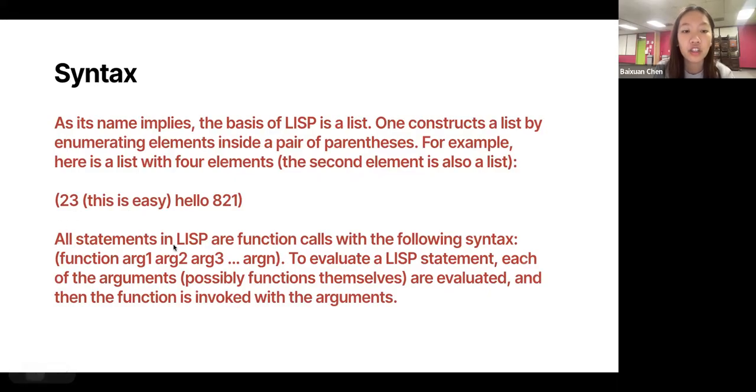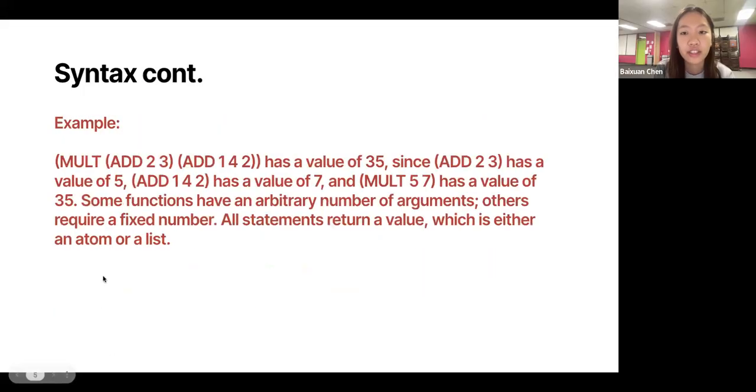And as we can see, all statements in Lisp are function calls with the following syntax: function, argument 1, argument 2, argument 3, and so on. And to evaluate a list statement, each of the arguments are evaluated and then the function is invoked with the arguments. Okay, so to continue, an example of the syntax is mult